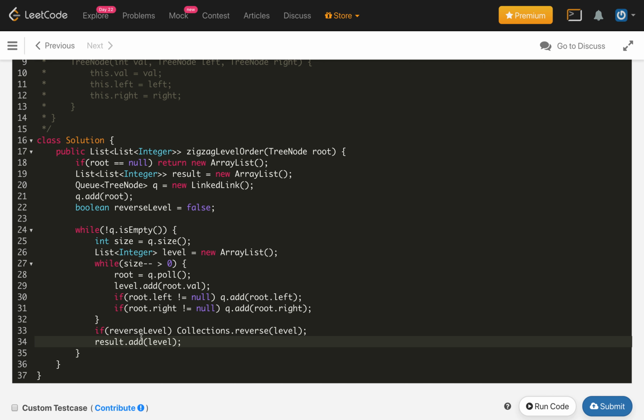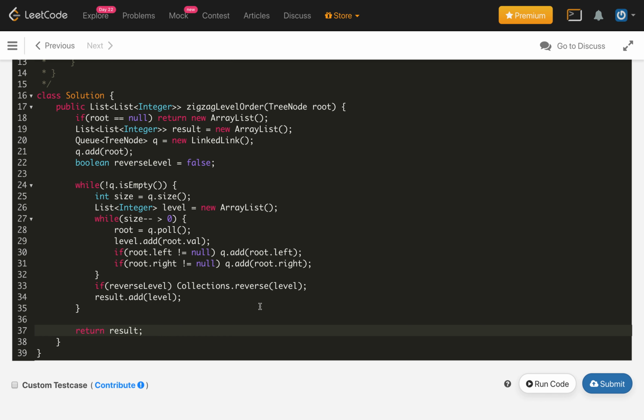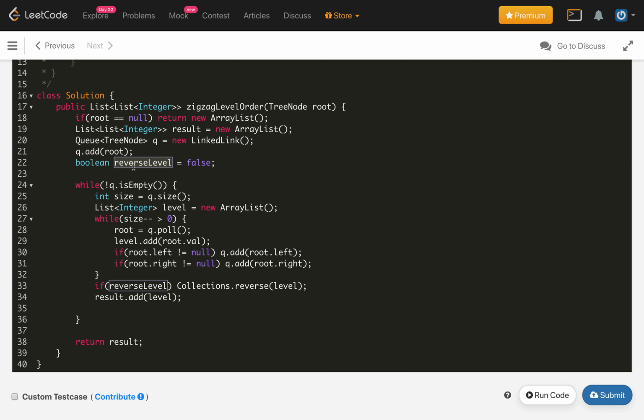Now in the end we return our result. Before that, we need to alternate this boolean variable at each level, so this will be equal to the negation of the old value.